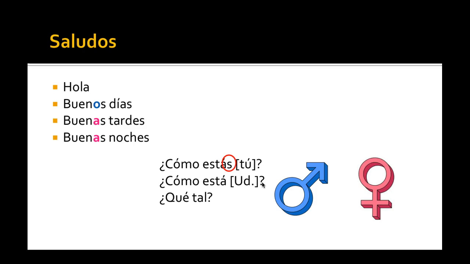It means how are you? So if you go to someone, you say, hey, ¿cómo estás? A person would hear whether or not you're addressing them informally, such as estás, or ¿cómo está?, which is addressing them more formally. The little tú and usted at the end are optional. That's why they're in corchetes. Sometimes you can hear people say, ¿cómo estás?, sometimes ¿cómo estás tú? No difference. It's your decision. And then you have ¿qué tal?, which is just another choice. It means, how are you? So we have ¿cómo estás?, ¿cómo está?, and ¿qué tal?